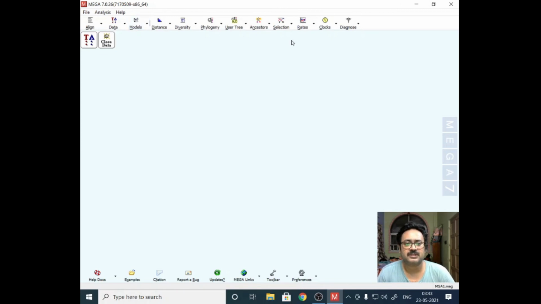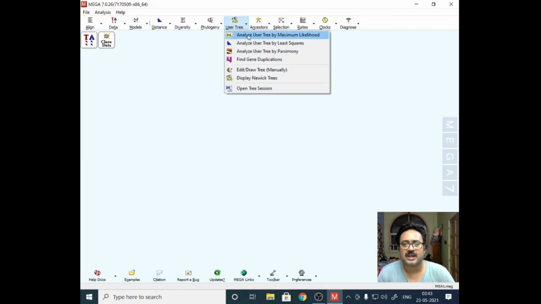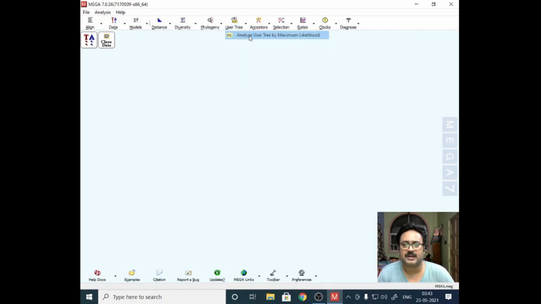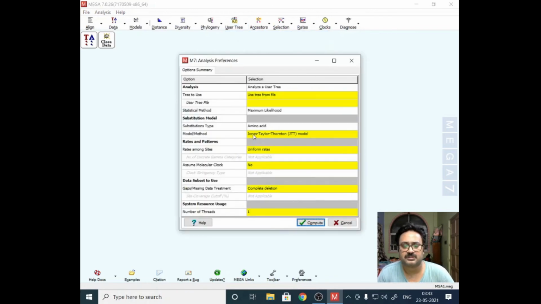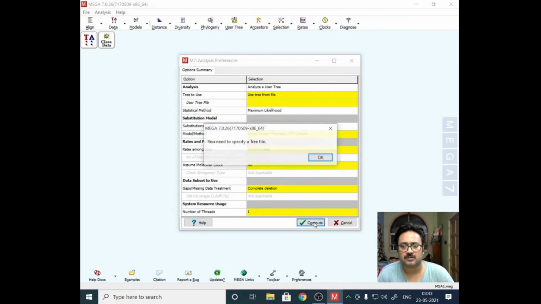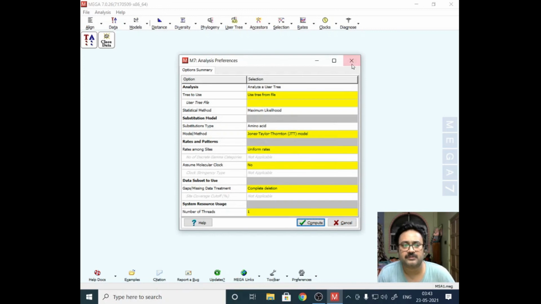Now coming to this, that is your user tree. Analyze user tree by maximum likelihood. That is basically the same one that you have done, so that it will be analyzed. So let me see whether it can be done or not. I need to find a tree file.